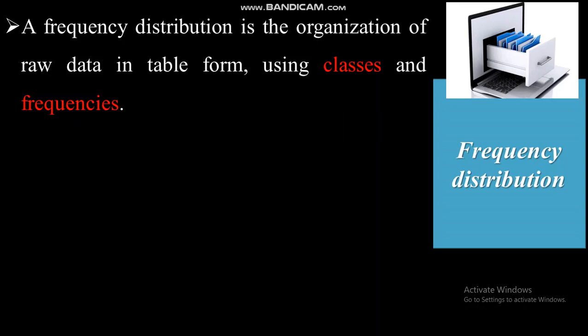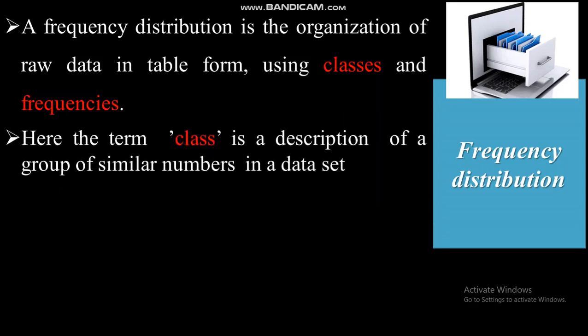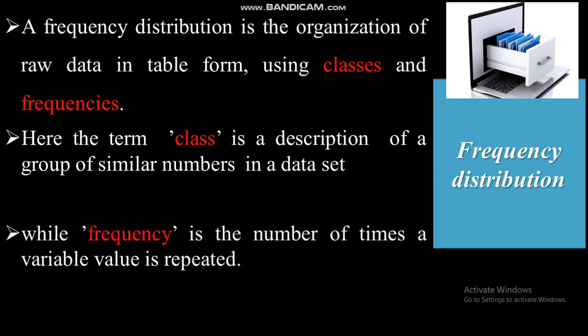Using classes and frequencies. Class ማለት ምንድን ነው? Class is a description of group of similar numbers in a data set. Is known as a class. And then class and description and category ማለት ነው። አንድ ካቴጎሪ ሊሆን ይችላል። ለካቴጎሪ ካንዳ ሆነ አንድ ሲንግል ቫልዩ ሊሆን ይችላል። ወይም ደግሞ ተመሳሳይ ግሩፕ ውስጥ ያሉ አንድ ዳታ ሴትን ተመሳሳይ ነገሮችን ያን ስብስብ ክላስ እንለዋለን ማለት ነው።